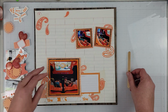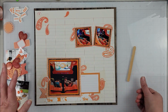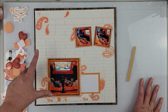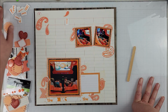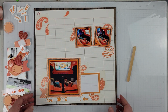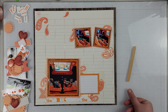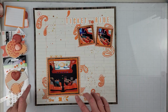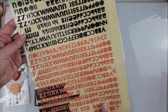So I'm going to go ahead off camera, rub all of those rub-ons down, and then add the Distress Spritz and Heidi Swap Gold Color Shine in some splatters to the background, as well as adding my title. That's all sort of stuff that isn't so fun to watch, so I'm going to go ahead and do that off camera. Here you see I have my photos are all down, my title is down, and I did add